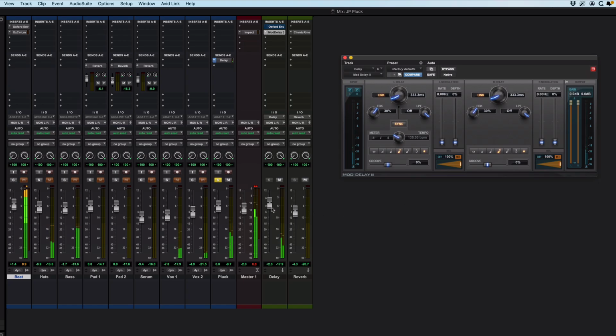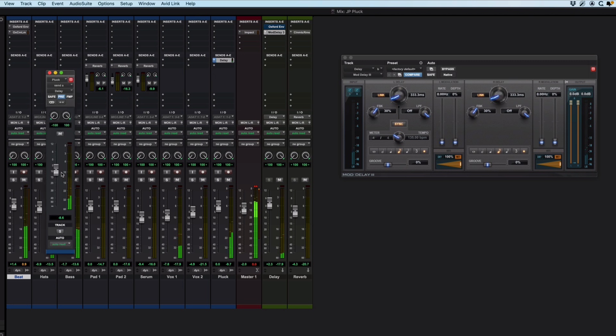Now, there's only a certain amount of that I can use in context before the delays kind of start to take over a little, and you can't really tell what's dry and what's wet anymore. So to bring the dry signal to the front, but keep a reasonable amount of delays, what a lot of people might do is lean in on some filtering. We'll solo these again so we can hear what's going on. And if I filter,